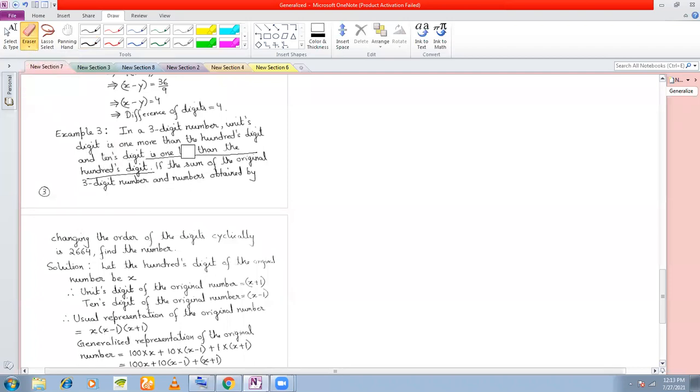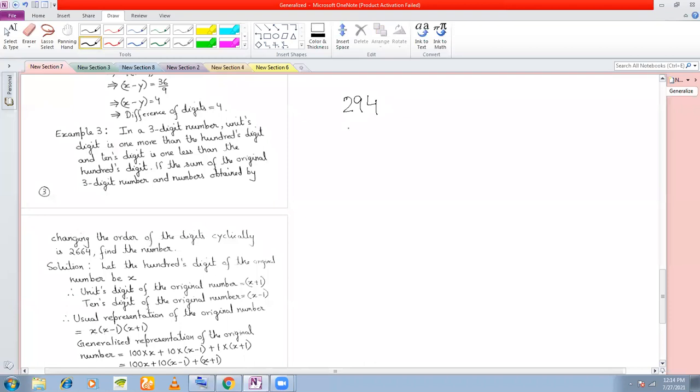I know the hundreds place digit. I know the tens place digit. I also know the units place digit. Okay, let's read the next condition. If the sum of the original 3-digit number and the numbers obtained by changing the order of the digits cyclically. Now, what do you mean by changing the order of the digits cyclically? Sum of the original number. Suppose the original number is